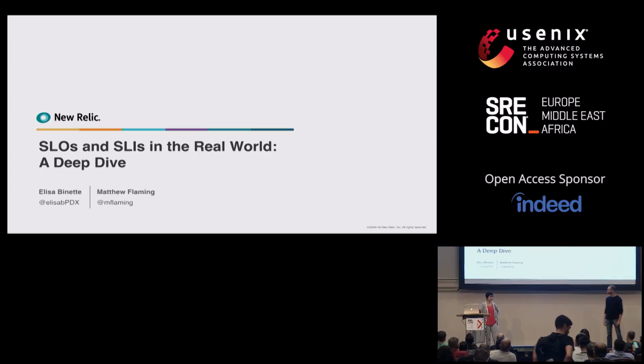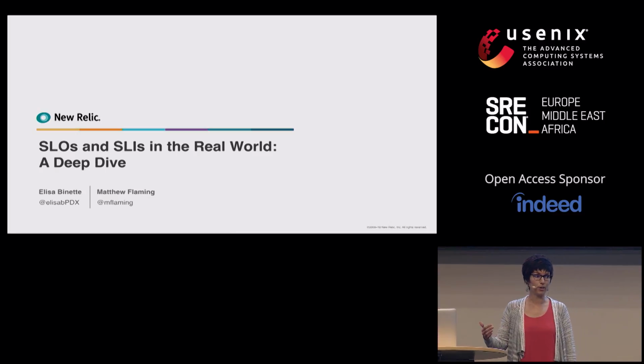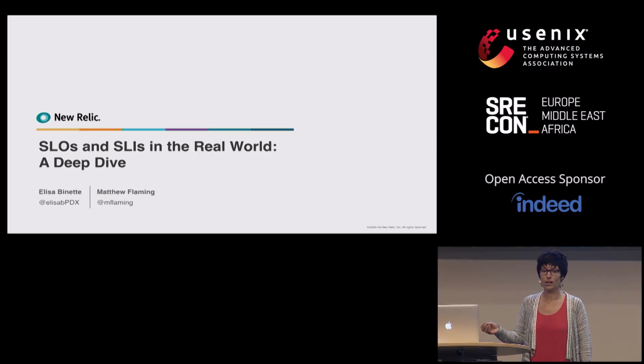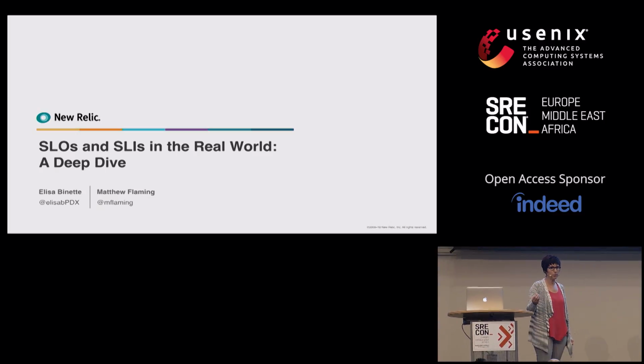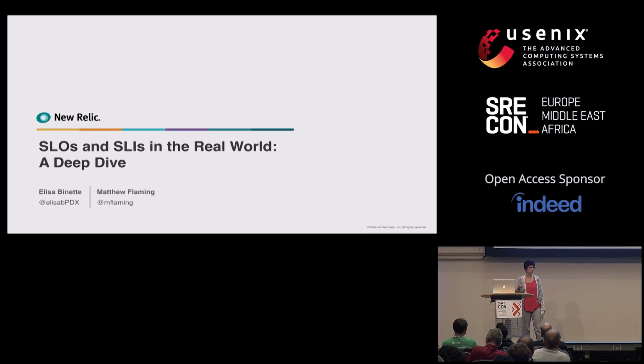Today we're here to talk about SLIs and SLOs in the real world. And the idea that SLIs and SLOs are a critical part of a mature reliability practice probably isn't news to anybody here. But when you're thinking about a modern, complex software architecture, it can be really hard to figure out how to implement SLIs and SLOs, both what you should be measuring and how to measure it. So today we're going to share some concrete, practical examples of how you can define SLIs and SLOs in the context of a modern software architecture. And we believe that these are useful templates that you'll be able to take home and apply within your own